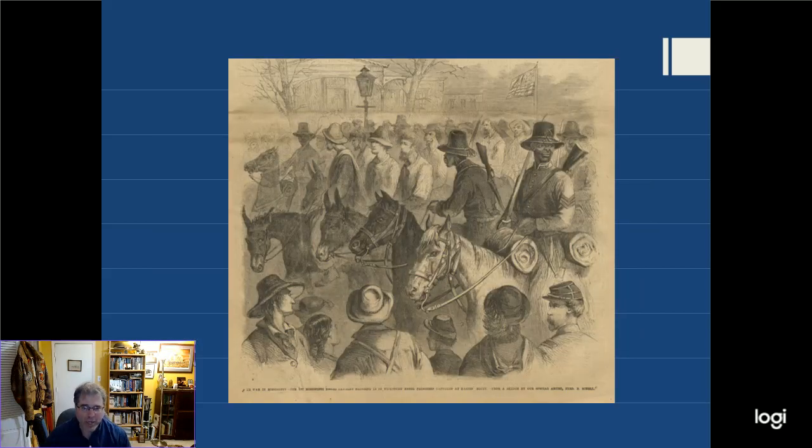And the Union regiments raised in Mississippi in large part got their start in the spring of 1863. It was in March of 1863 that the U.S. Secretary of War issued an order directing Adjutant General Lorenzo Thomas to organize black regiments in the Mississippi Valley. On May 22, 1863, the War Department established the Bureau of Colored Troops to handle the recruitment, organization, and service